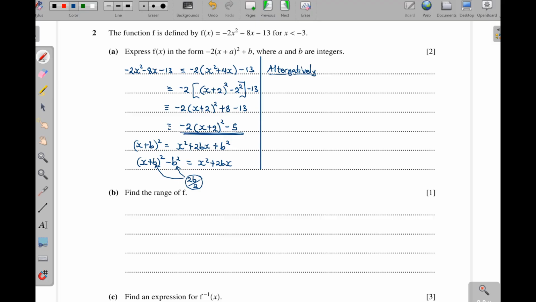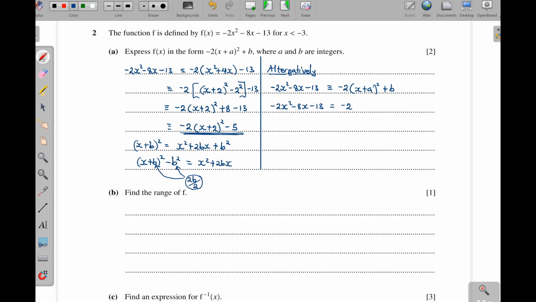Okay, so this one here, I would say, is the same as -2(x + a) squared plus b. So we open brackets on the right hand side, we shall get